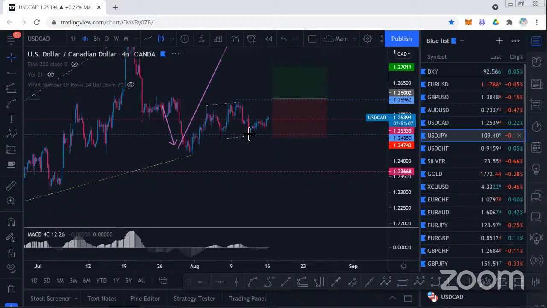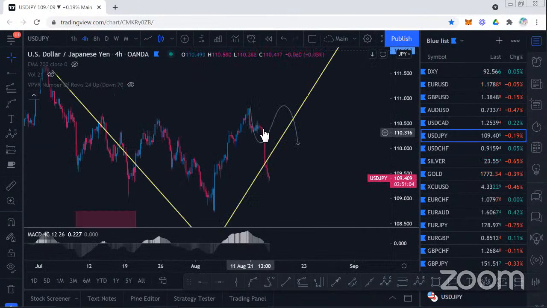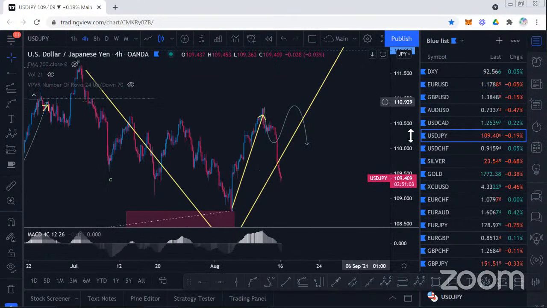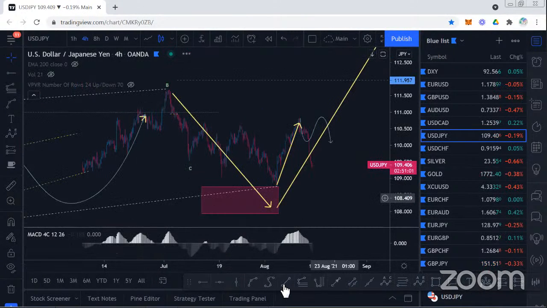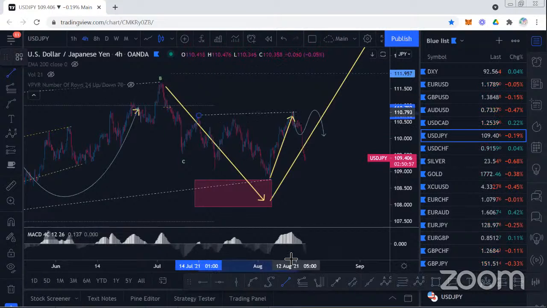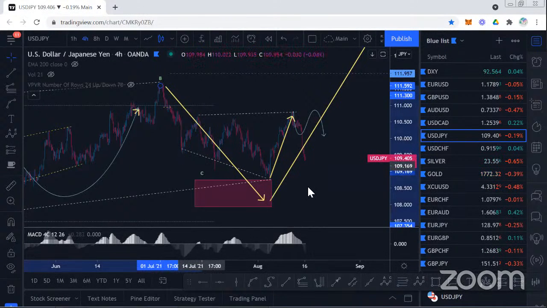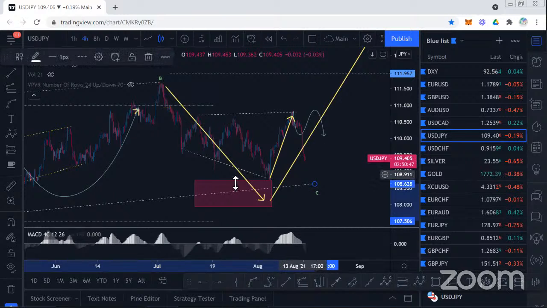To continue, US dollar yen really hit the US dollar yen hard with this really big impulse to the downside. And what I'm thinking here is, because of all of these impulsive waves, potentially what we're looking at is just a C wave that has an A, B, C, D, E within it, and you'll see another test of the lows and then an acceleration to the upside from there.